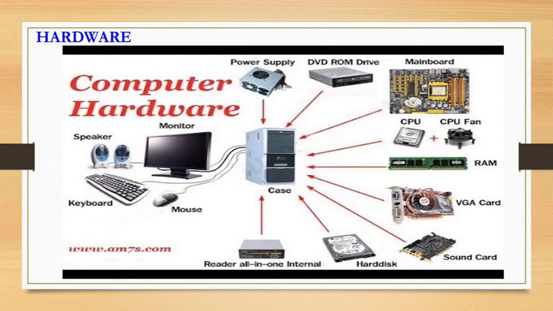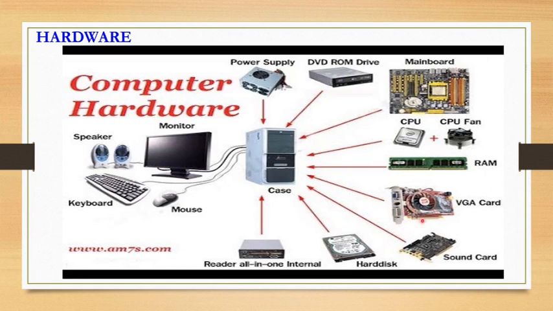So let's start. As you know, a computer system has two components. One is hardware, another one is software. Do you know what hardware means exactly? Last time also we have seen one of the videos regarding the same. The physical components which we can see, like here you can see these physical components: mouse, the monitor, speaker, keyboard, and the CPU case. You can see all these things.